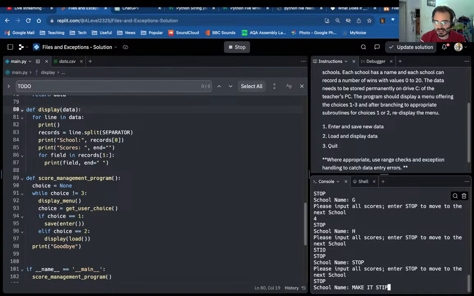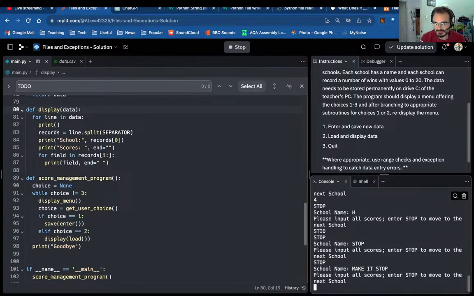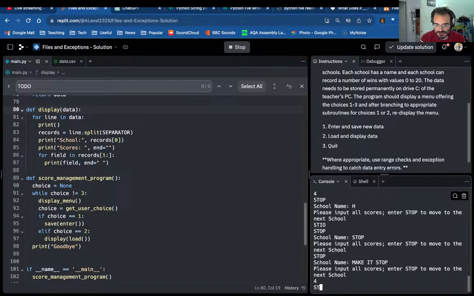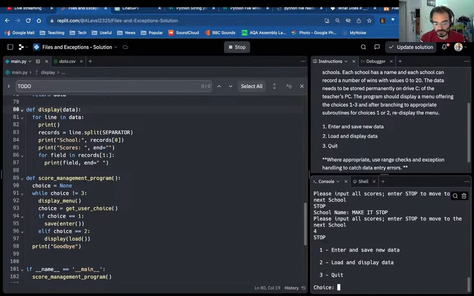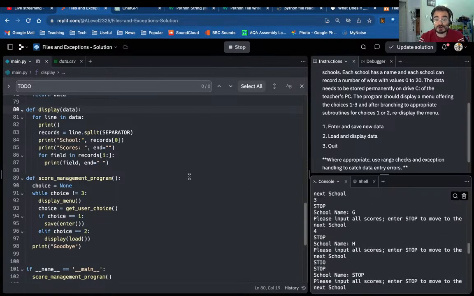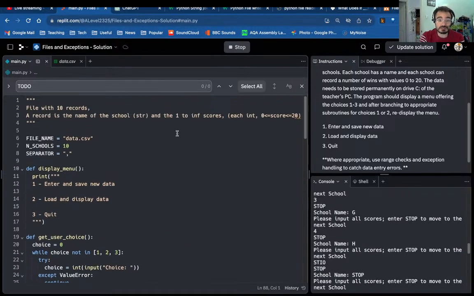Make it stop. Yeah, this is where I have my little config item to make that stop. Cool. Load and display. Look, it worked. So in conclusion, what we have done,